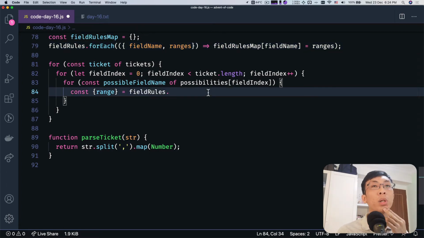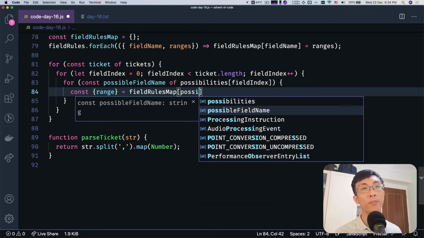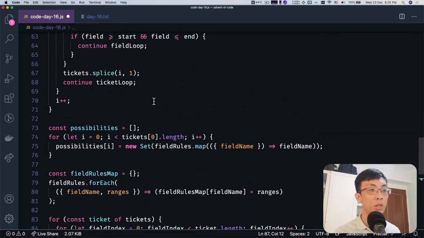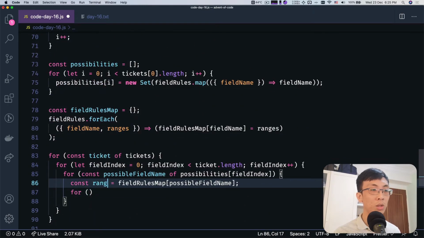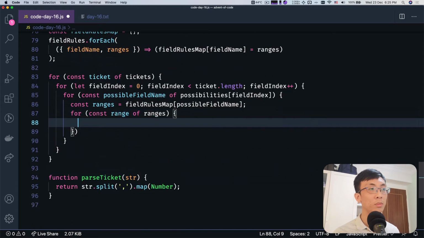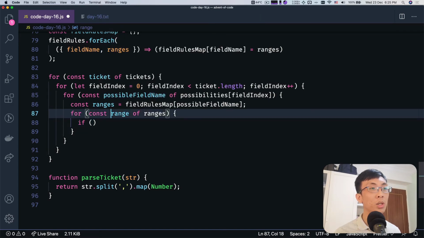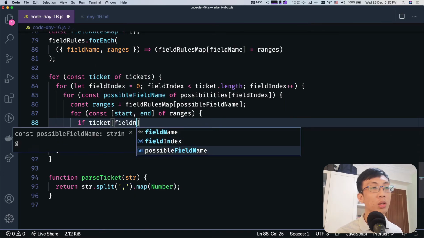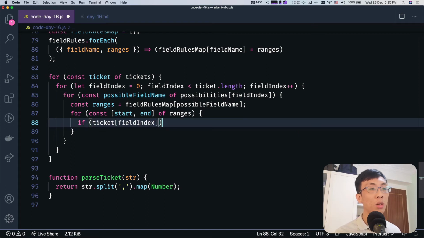Okay, field rules. We get the field rules map, we get the possible field names, get a range. For I think it's called ranges, right? Ranges, and for each of the range of ranges, okay, so range has the start and an end. Again, if tickets of field index is